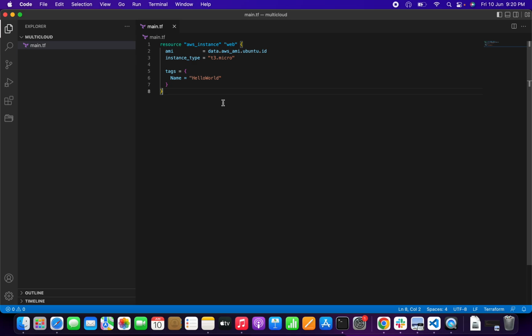I will not be using any variable or anything, because, like we have discussed in previous classes, you can use that. Let me use t2.micro for this OS and AWS instance, like this. Save this,